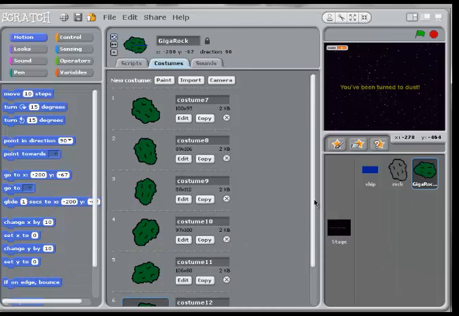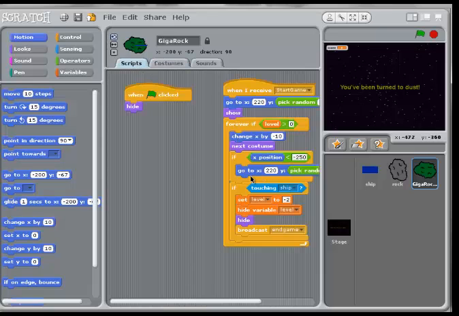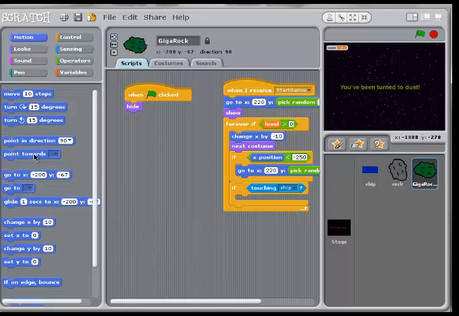Okay, I'm done with changing the sub-images. So I'll now go to the scripts, and right now it's set so that if it is touching the ship, it's going to change the level and broadcast endgame. All this must go, and it's at this point that I must introduce the score variable. So I'm just deleting all that,